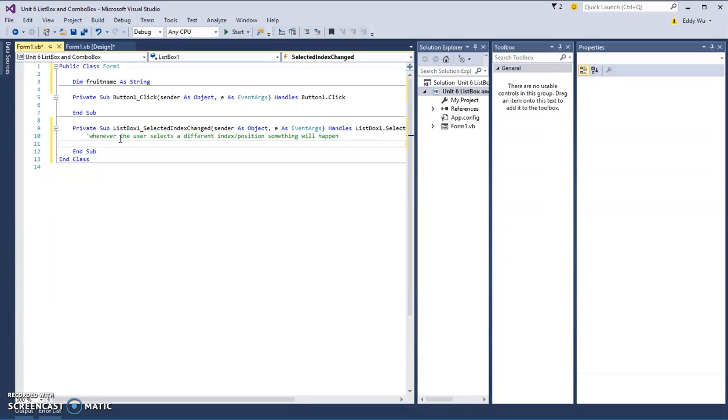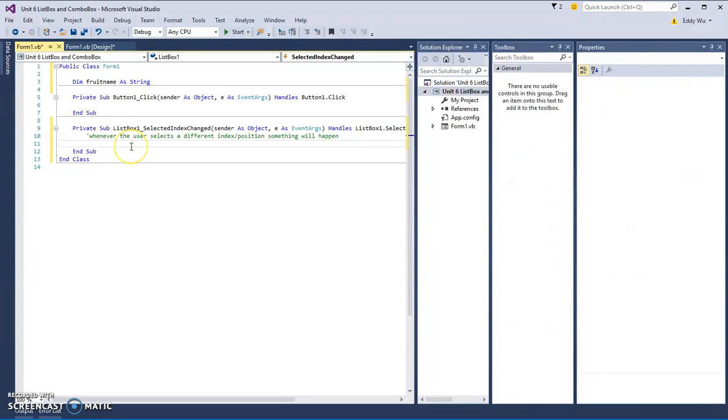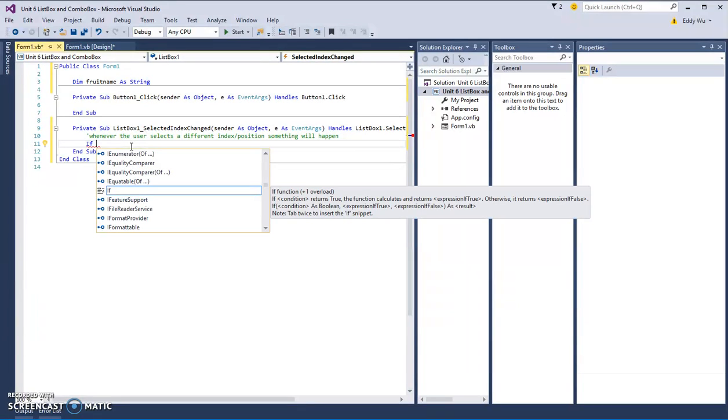Now here we want to say, based on what the user selects, we want the fruit name, our variable from up here, to update to the fruit that's there. So if we look back in our form, back in our ListBox, you can see we have orange, apple, grape, and pineapple. So basically, if I select orange, I want orange to go into my variable. All right. So we use an if statement. So we'll say if